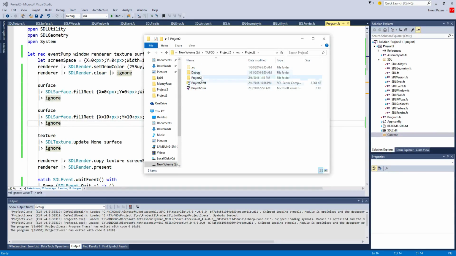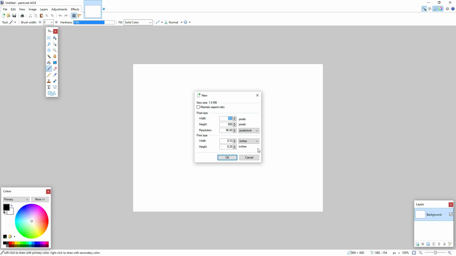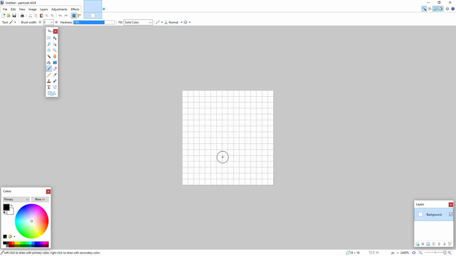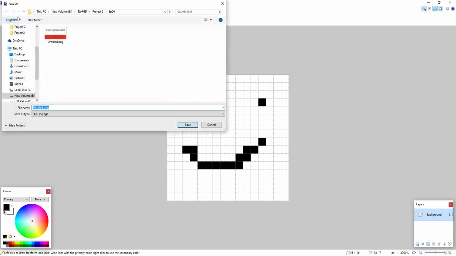All right, so here we are on the project 2. There's content. I'm going to make a new bitmap. Make a new one, 16 by 16. All right. We're going to say, here's you. You're a smiley face, really bad smiley face. We're gonna save you, but we're gonna save you to the workspace content,